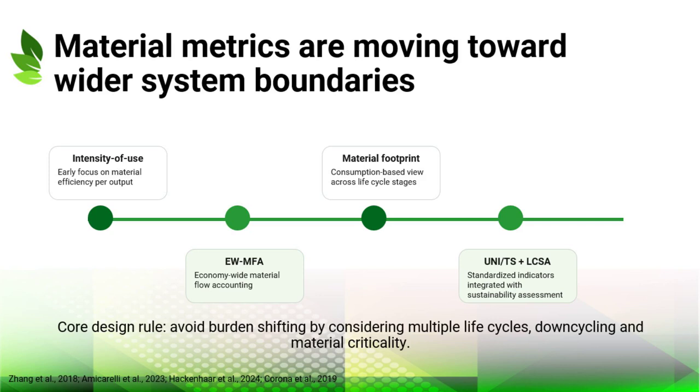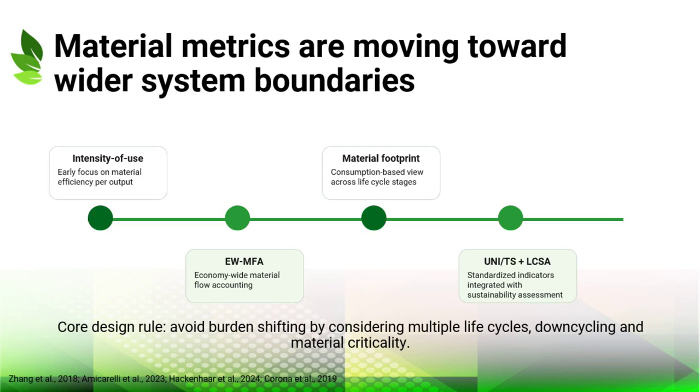This slide places material measurement in a wider historical context. Early indicators often focused on intensity of use, meaning how much material was needed per unit of output. Later, economy-wide material flow accounting expanded the view to national or regional material flows. Material footprint methods then added a consumption-based perspective, including impacts embedded across life cycle stages and global supply chains. More recent approaches, such as UNI/TS indicators and life cycle sustainability assessment, aim to integrate circularity with environmental, social, and